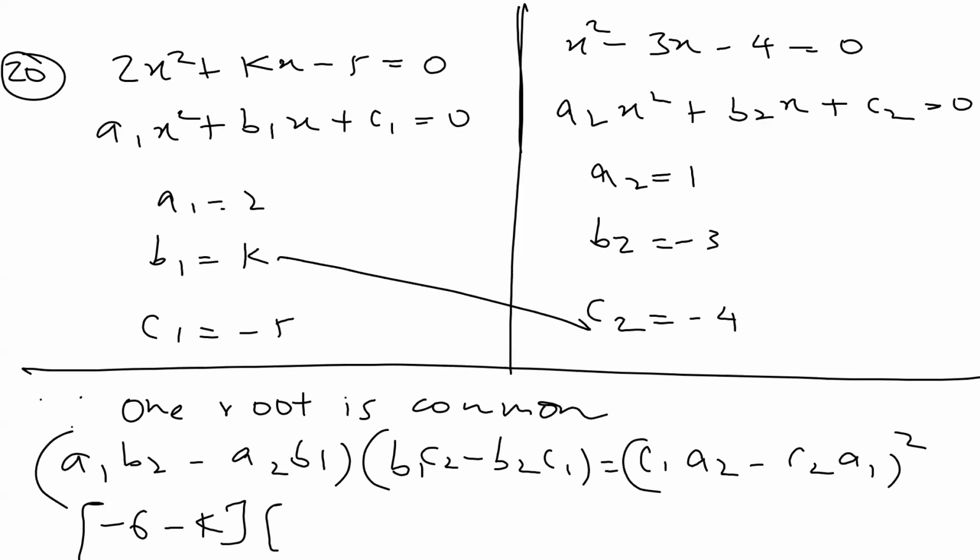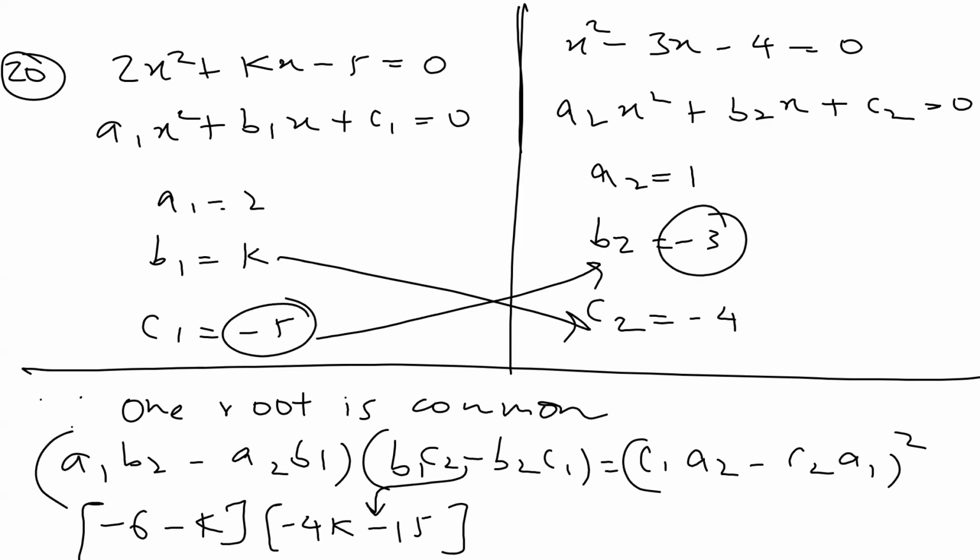Then b1 into c2 minus 4k minus b2 into c1 15. This minus is this minus, and this minus and this minus became positive. But then the minus sign in between will remain as it is. Equal to c1